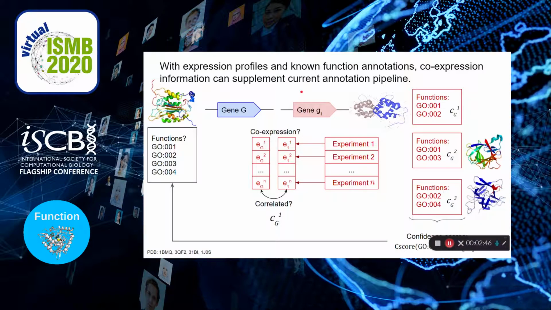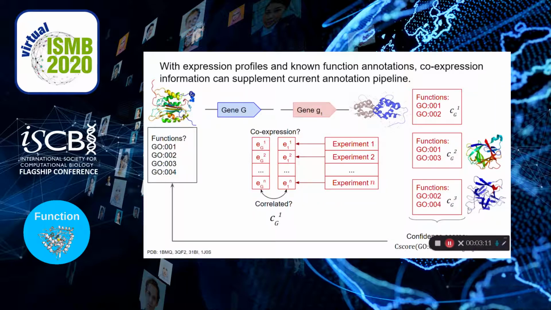What we can do is consider another gene that we might have a better idea of its function, and across different experiments in the expression profile, find out whether or not they co-express. It can be measured as some kind of correlation or mutual information in our case